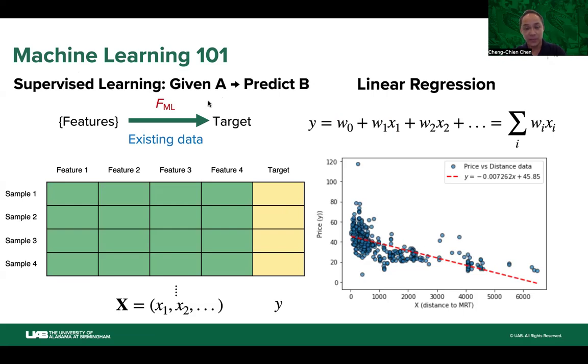For example, if I give you the location and condition of a house, and you want to predict the housing price. What we need to do is collect training data sets with different samples and their corresponding features, and also their corresponding target value we want to predict. Quite often we call this feature matrix X. It consists of the feature vectors, and the target property to predict, we call it a vector Y.